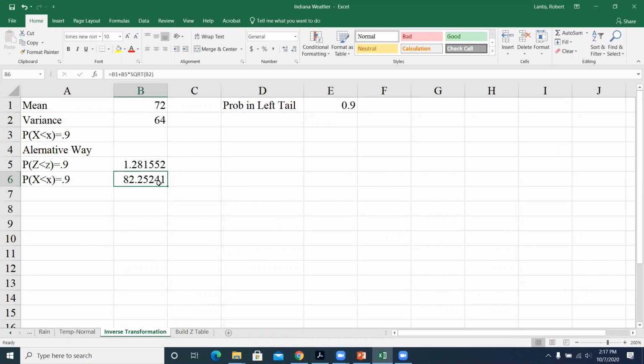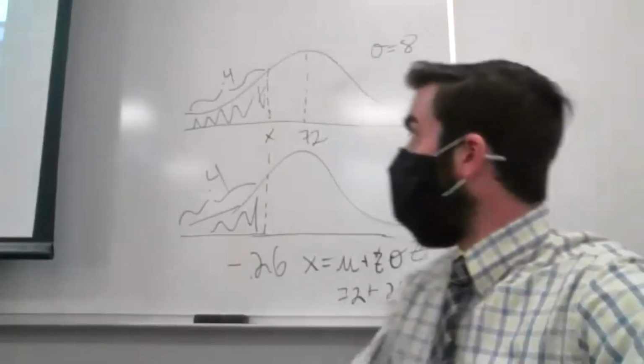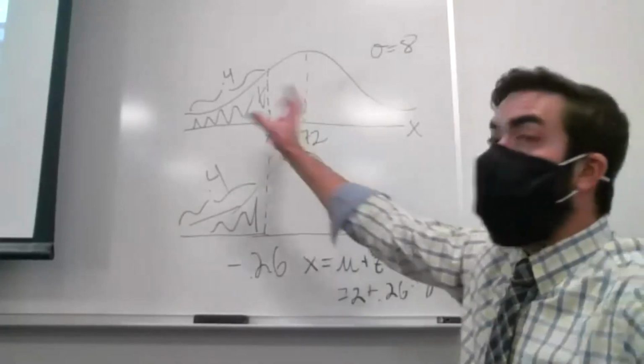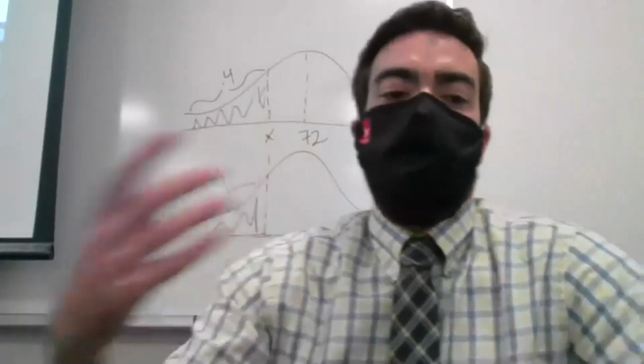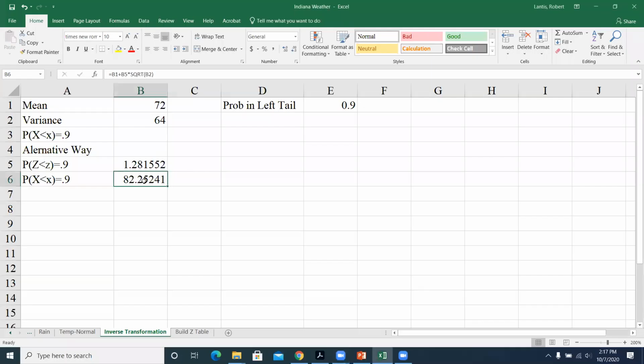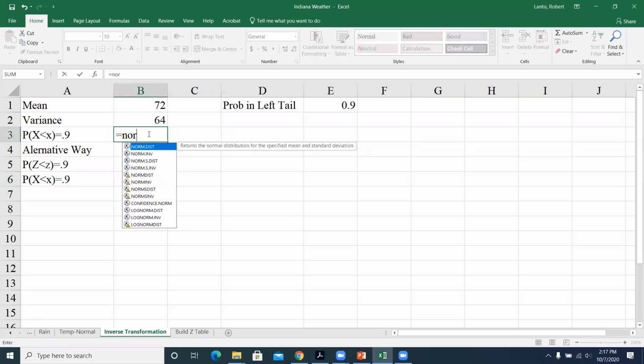Now, you might, in certain situations, wonder what that Z-score is, but ultimately, the final step, the question we originally started out with was, what's that cutoff score that gives me that area in the tail? So if you don't really care about what that Z-score is and you want Excel to do everything behind the scenes for you and just spit out at you this 82.25, I can use the